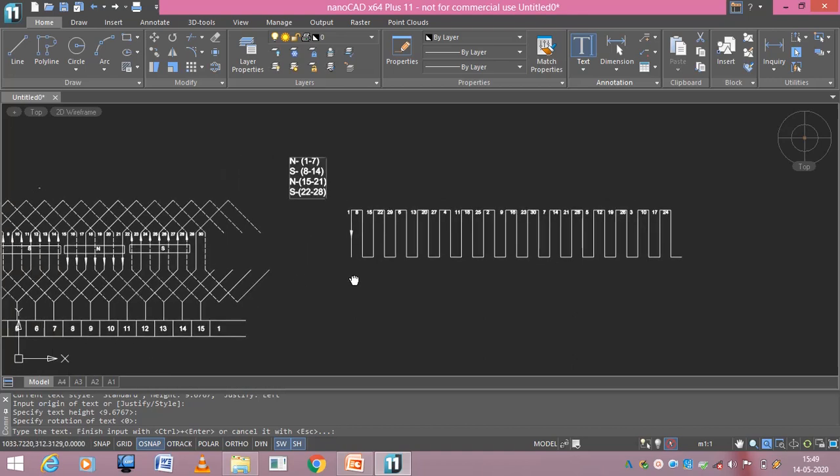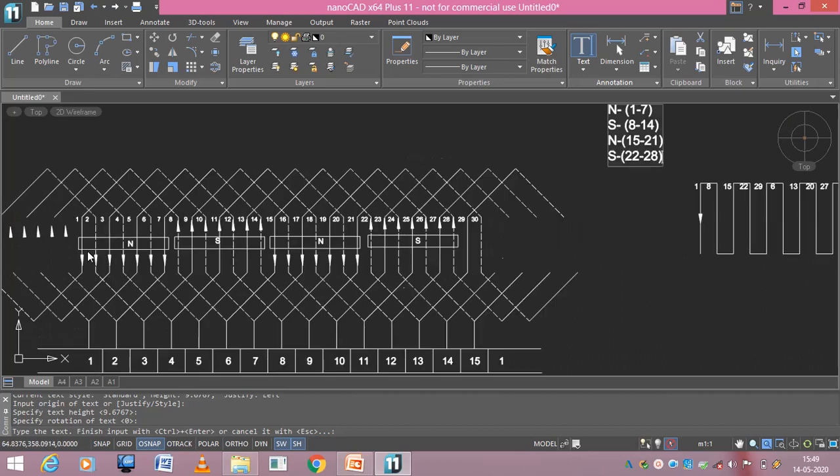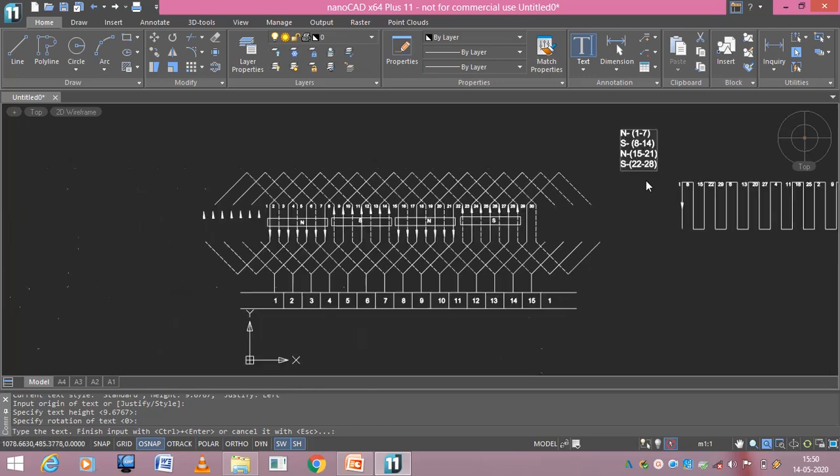If you want, you can check here. Conductors 1 to 7 are under the north pole, and 8 to 14 under the south pole, and again 15 to 21 are under the north pole, 22 to 28 are under the south pole.